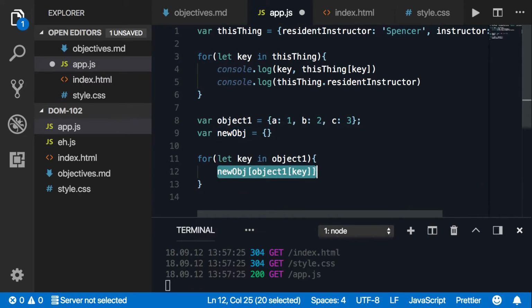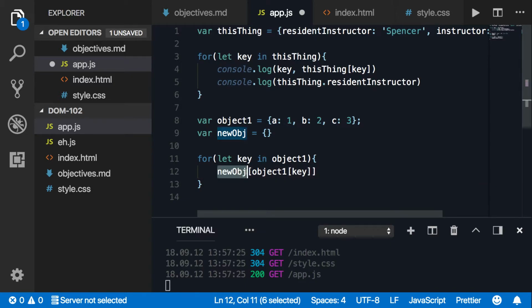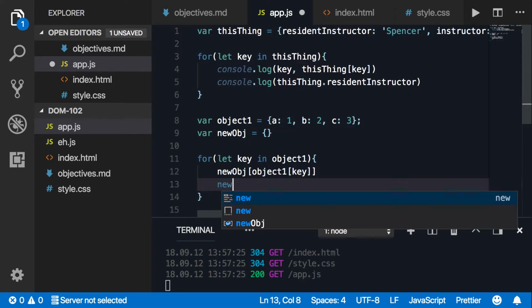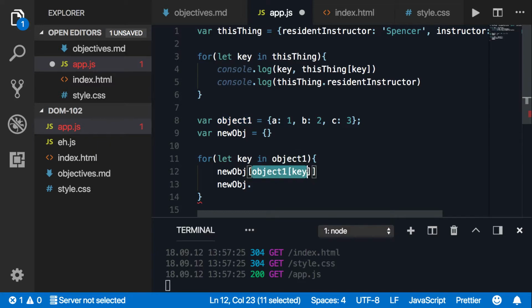So this is one level deeper than we went in our previous for in loop, because we're going really deep on square brackets in one place. But basically what this is saying is, again, just dot notation broken down. So this is saying new object dot whatever this value is going to be. So that's going to be 1 for the first one. So it's saying new object dot 1, create that. Equals,